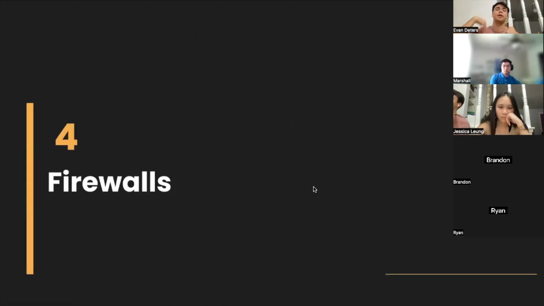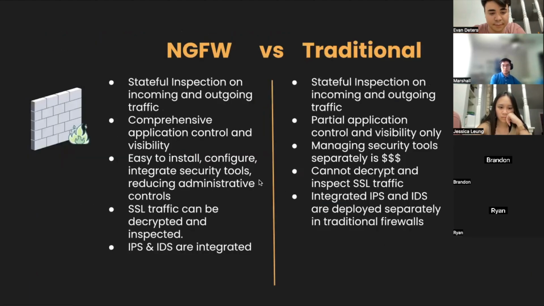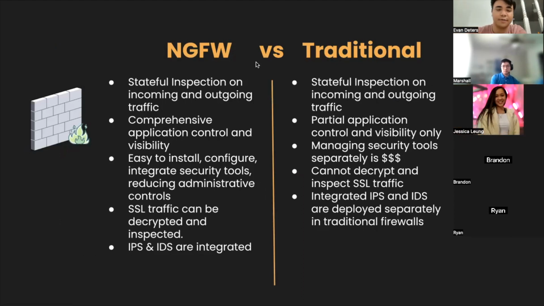And so to combat that funky red team activity, we can go into firewalls. And right now, there's kind of two branches of firewalls. You have next generation firewalls and then a traditional firewall. And then these list the main differences between the two, and I'll go over them pretty quickly so we can get to the demonstration. But with next generation firewalls, it says stateful inspection, right? So this will monitor the states of your TCP and UDP connections, because some attacks will